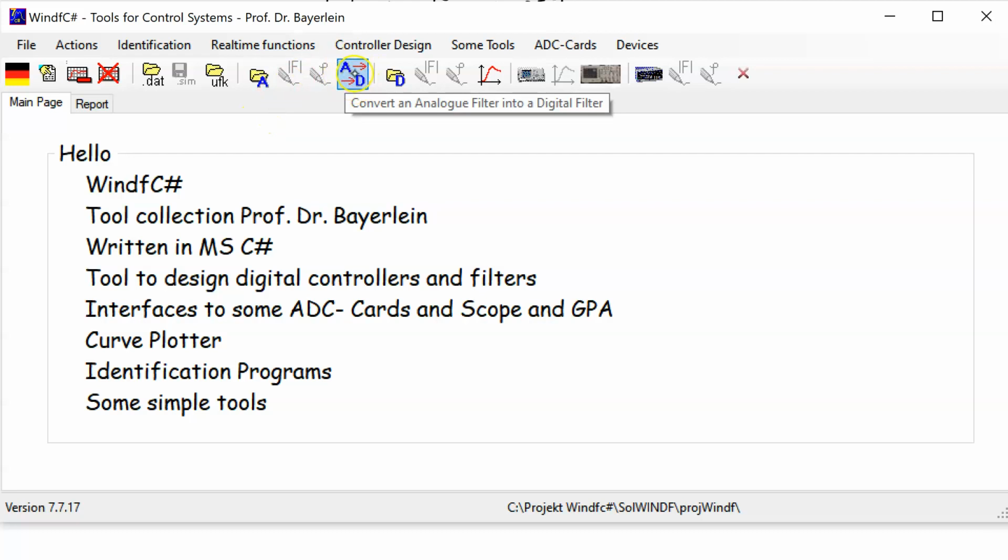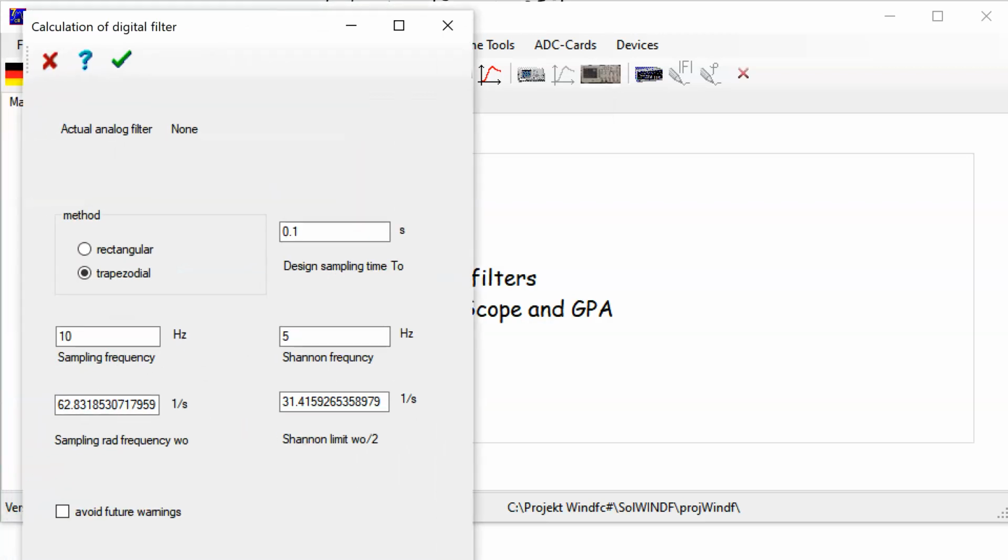This is behind the button A to D. A to D opens a module which just waits for selection of rectangular or trapezoidal approach. Note, this is what we just have discussed. So first I want to start with a rectangular approach. This is a delay time, and